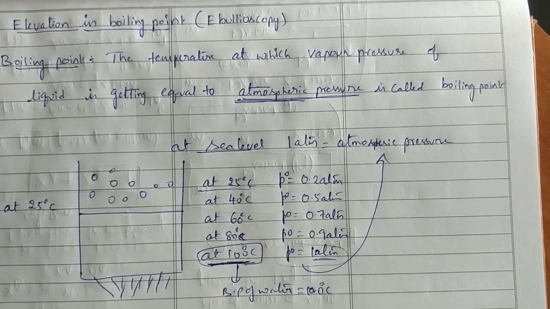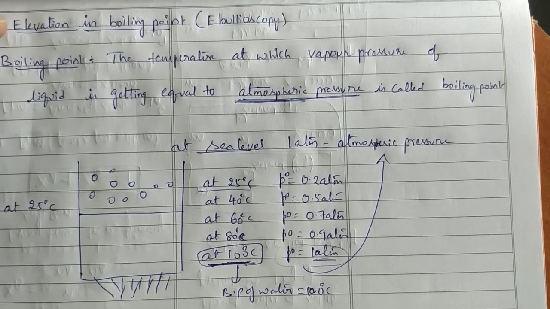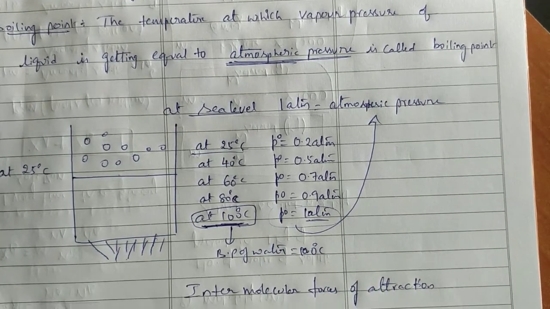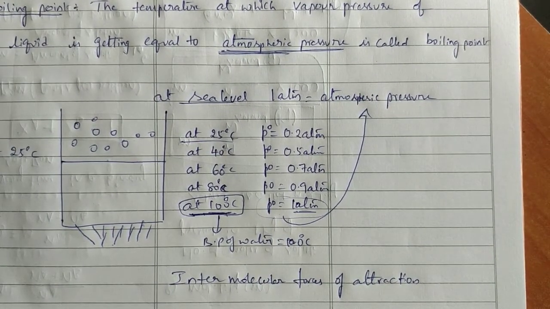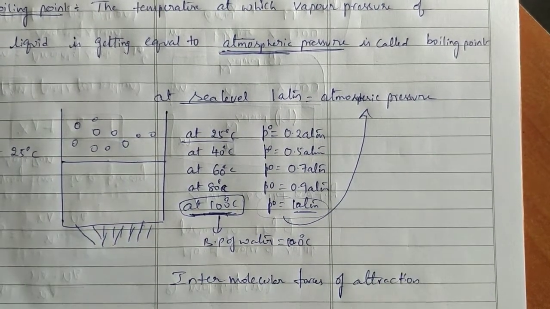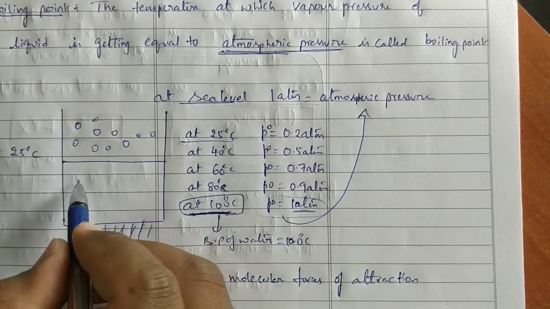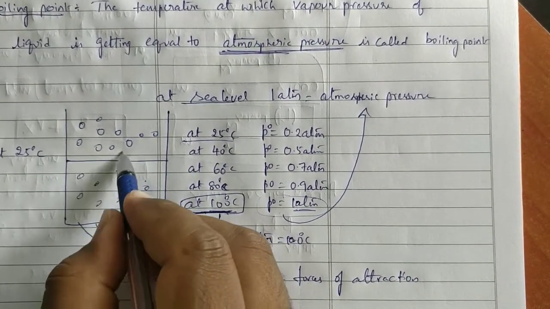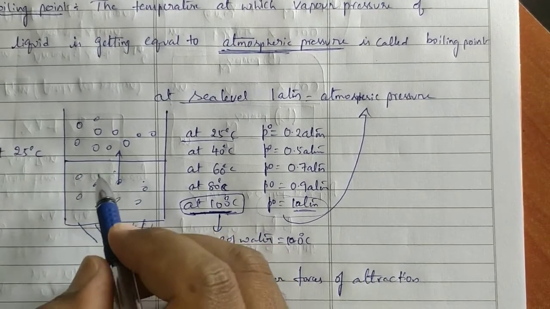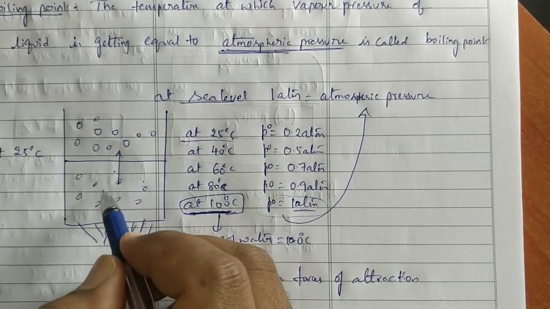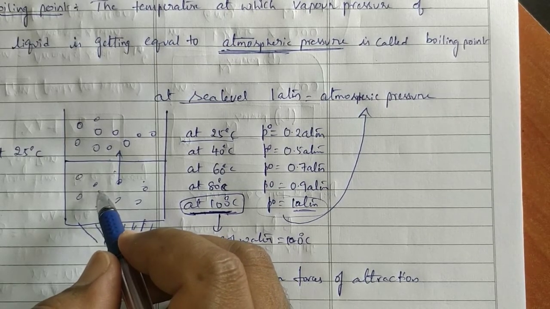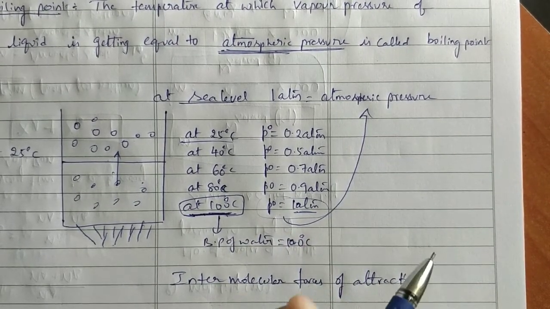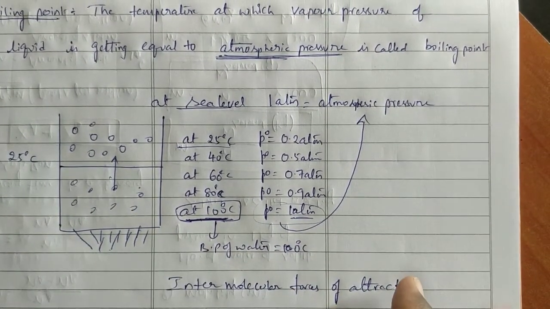Boiling point depends on intermolecular force of attraction. Different liquids have different boiling points because they differ in intermolecular forces. Now at this condition of boiling point, every molecule of the liquid has enough energy to be converted to gaseous state. That's why at boiling point, both states are present in equilibrium. Liquid state and gaseous state are both equal, almost, forward reaction is equal to backward reaction. Both states are present in equilibrium.